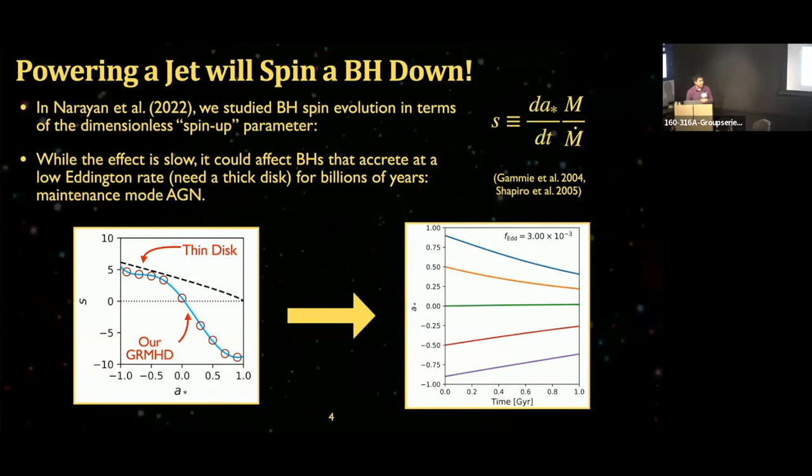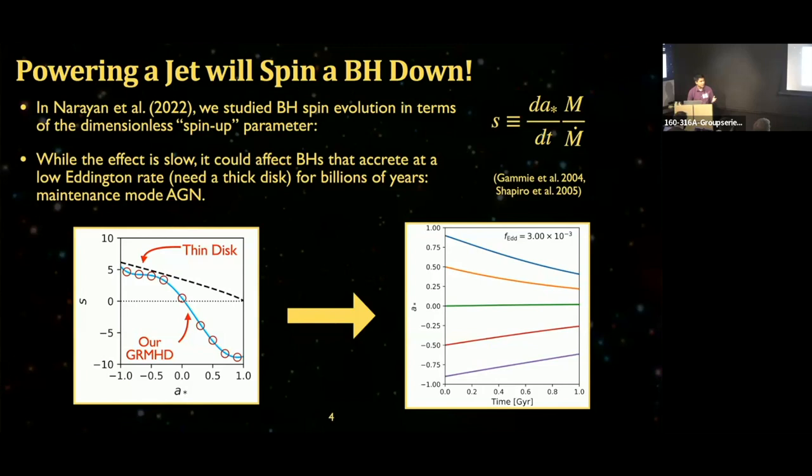In contrast, in these GRMHD simulations, all of which were MAD, you get this line that we fit with a fifth degree polynomial, very similar to the solution from this earlier work from Tchekhovskoy, if you've been using that in your simulations. And what you see is that the spin-up parameter has flipped sign, meaning that in prograde cases, it's clearly spinning the black hole down, and in fact, at a pretty large magnitude. And so you can work out